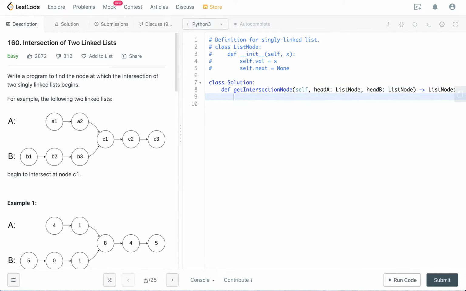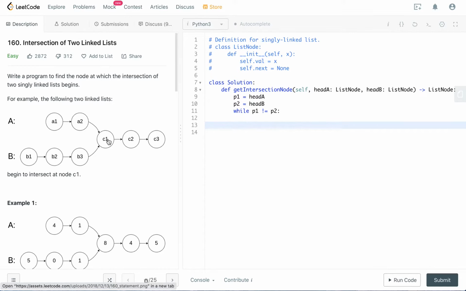Okay, so let's initialize our pointer 1 at head A and pointer 2 at head B. So while they are not the same, pointer will do something. If they become the same pointer, we know that they are at the same